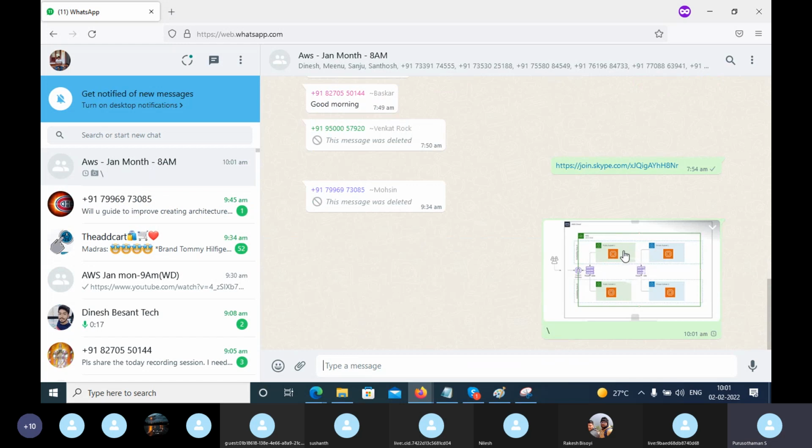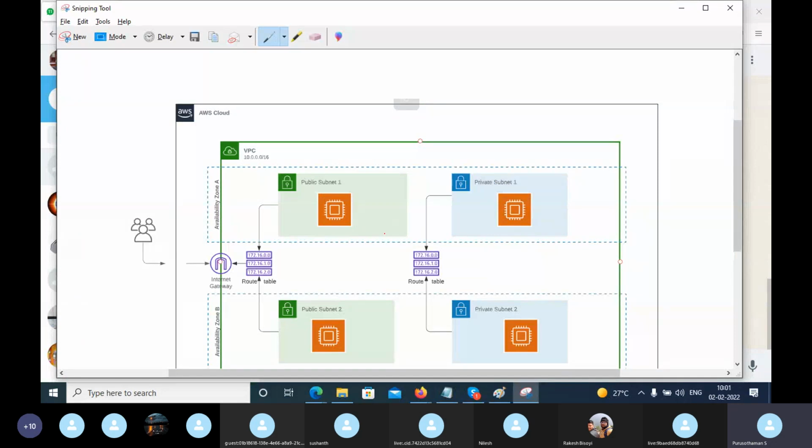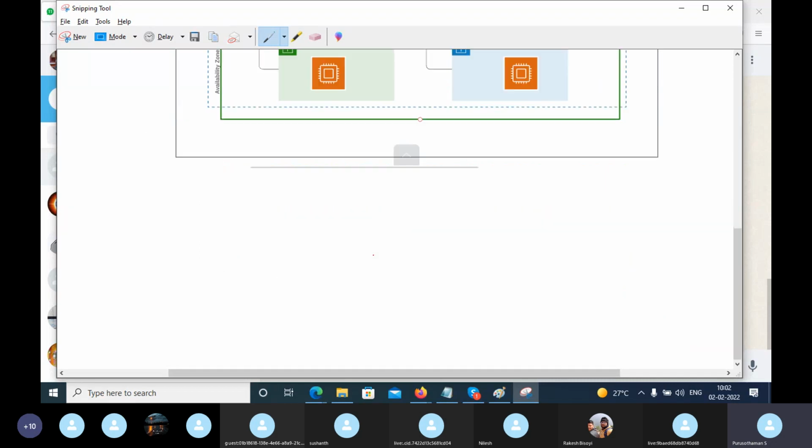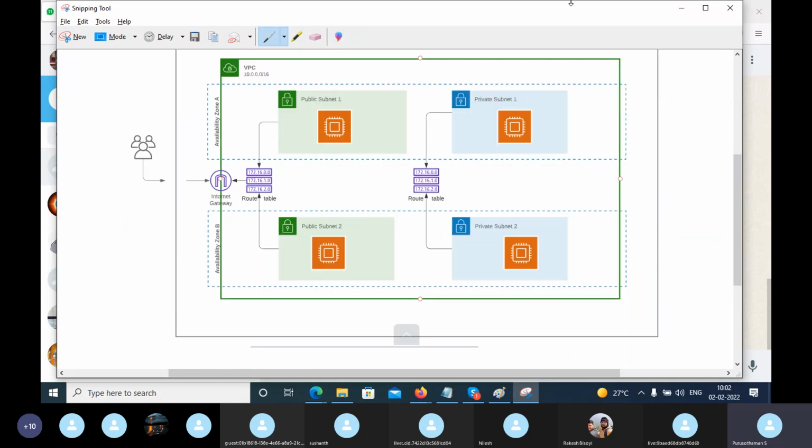Don't create this many EC2 instances. Just create your VPC, create subnets, add a route table, and come to tomorrow's class. I can check whether you created it correctly or not, because when I see the route table, I can easily find out. So don't go with the EC2 instance; I'm just showing it here for testing purposes. Everyone clear?